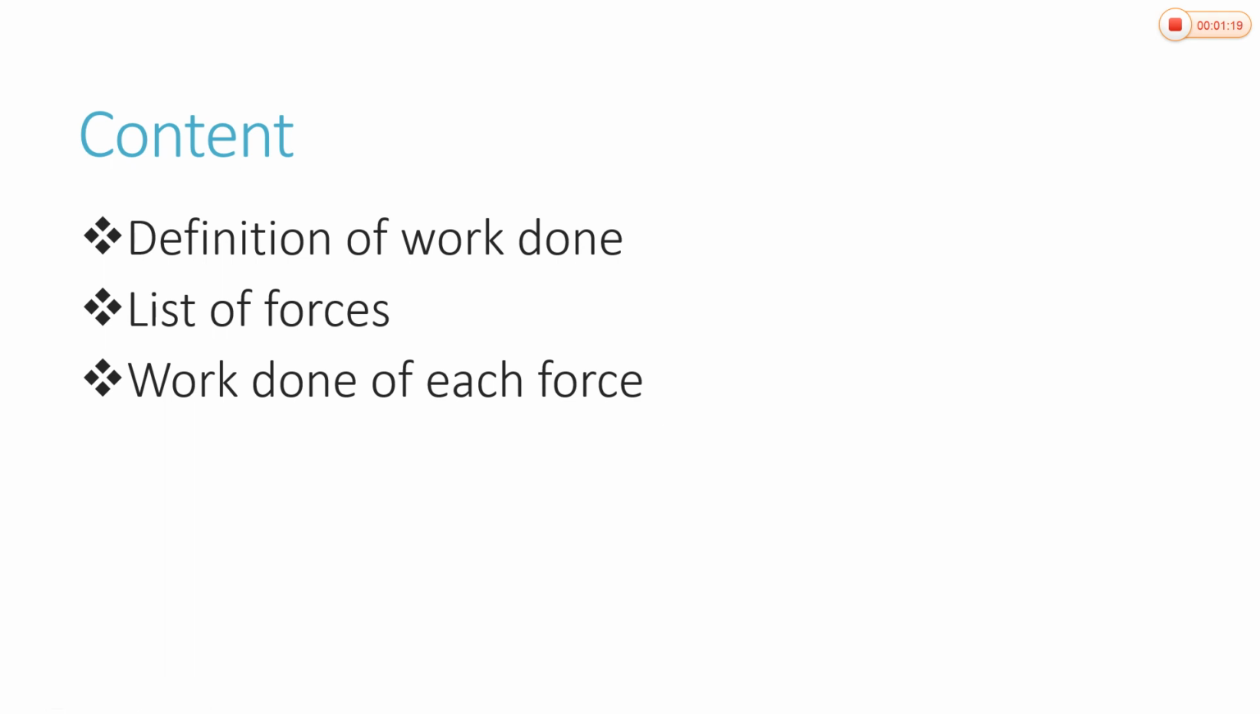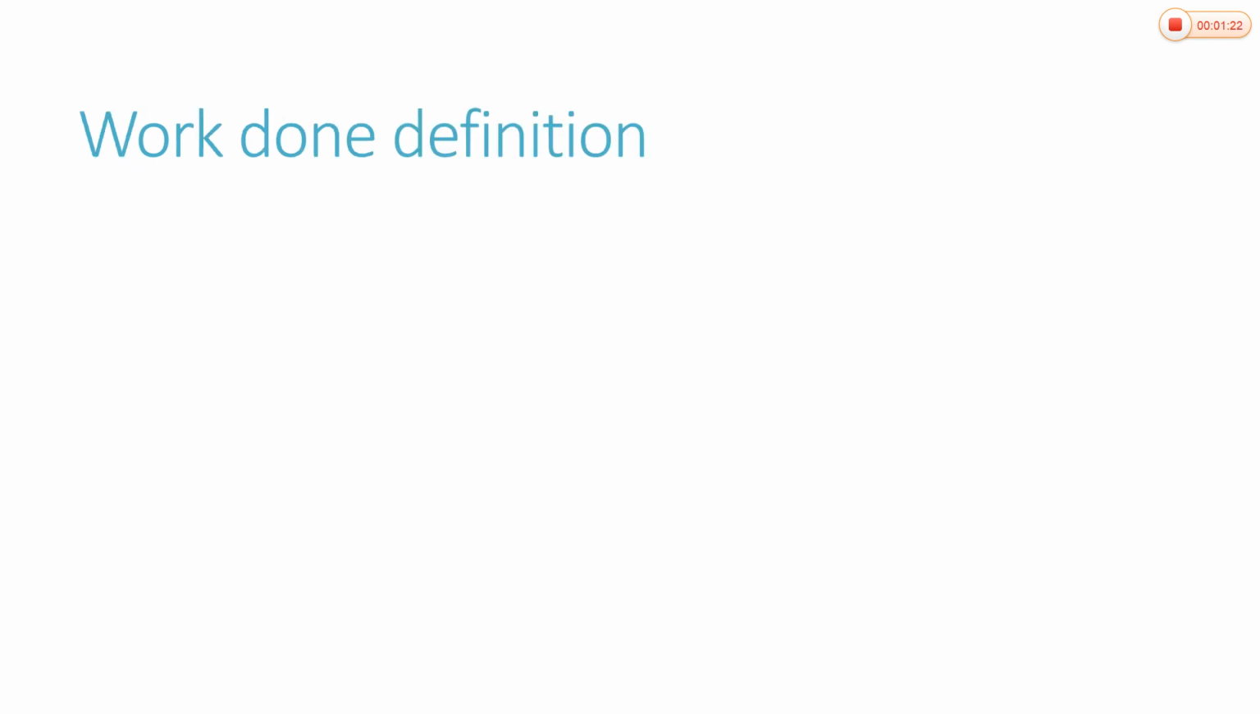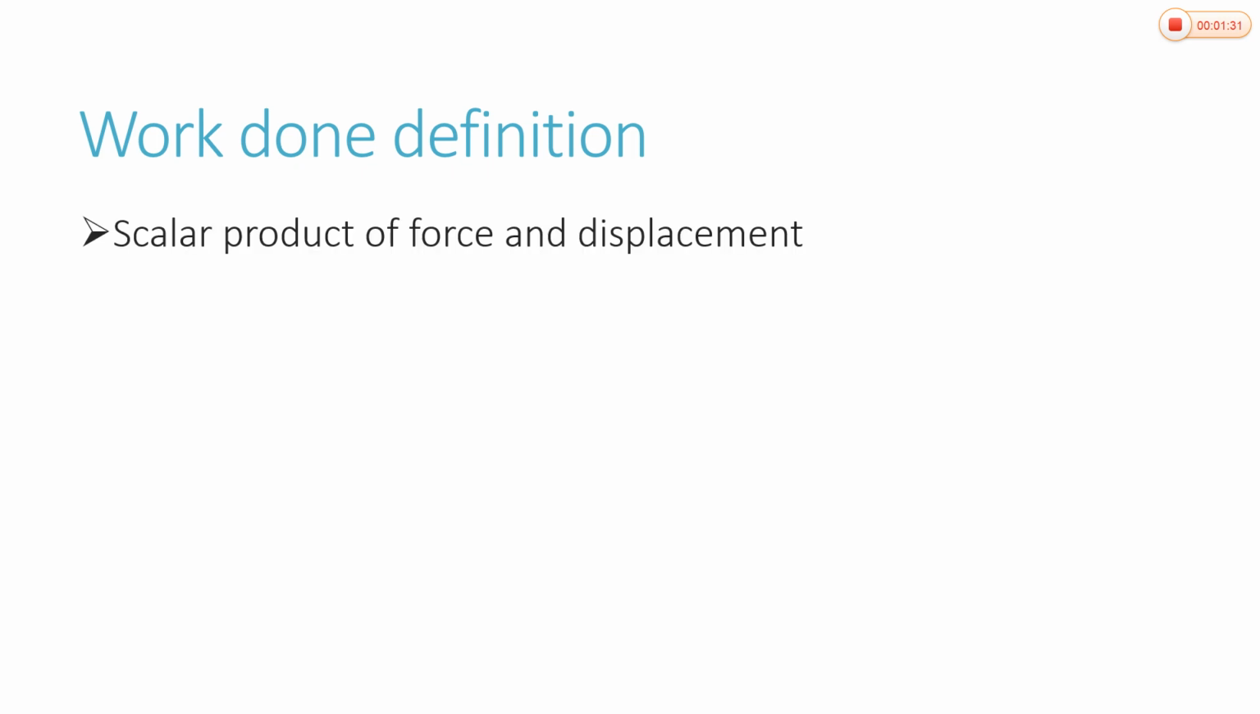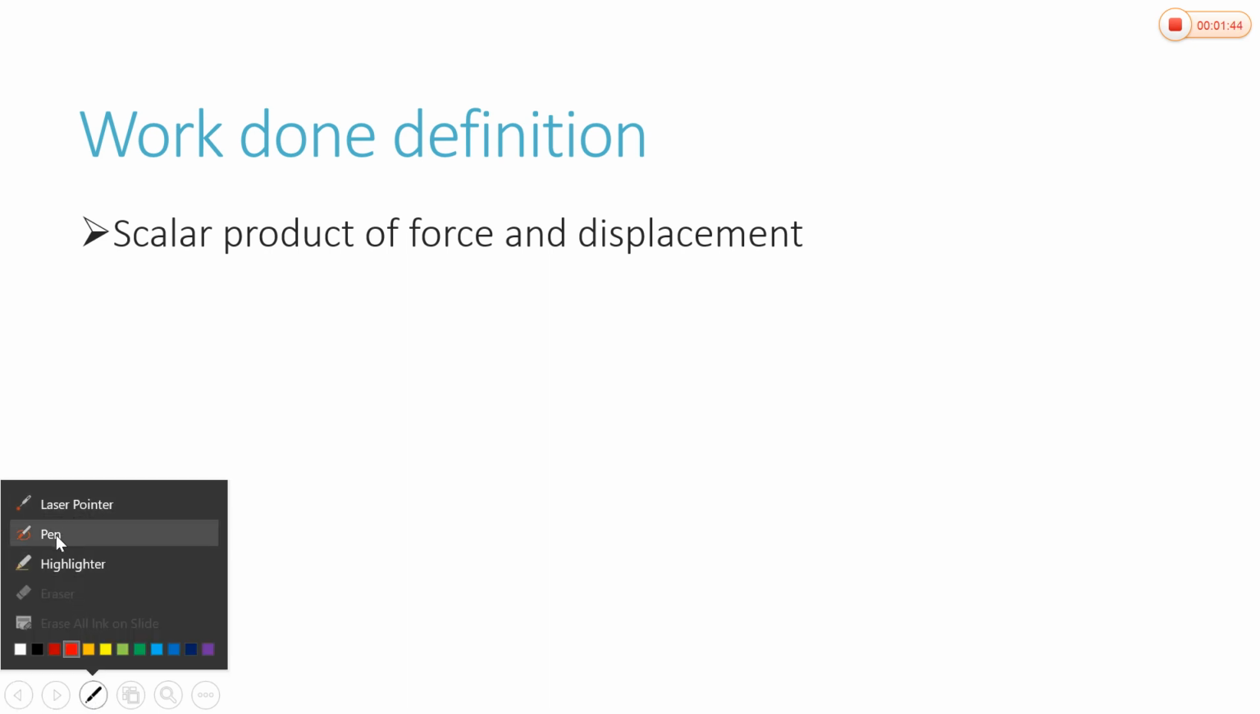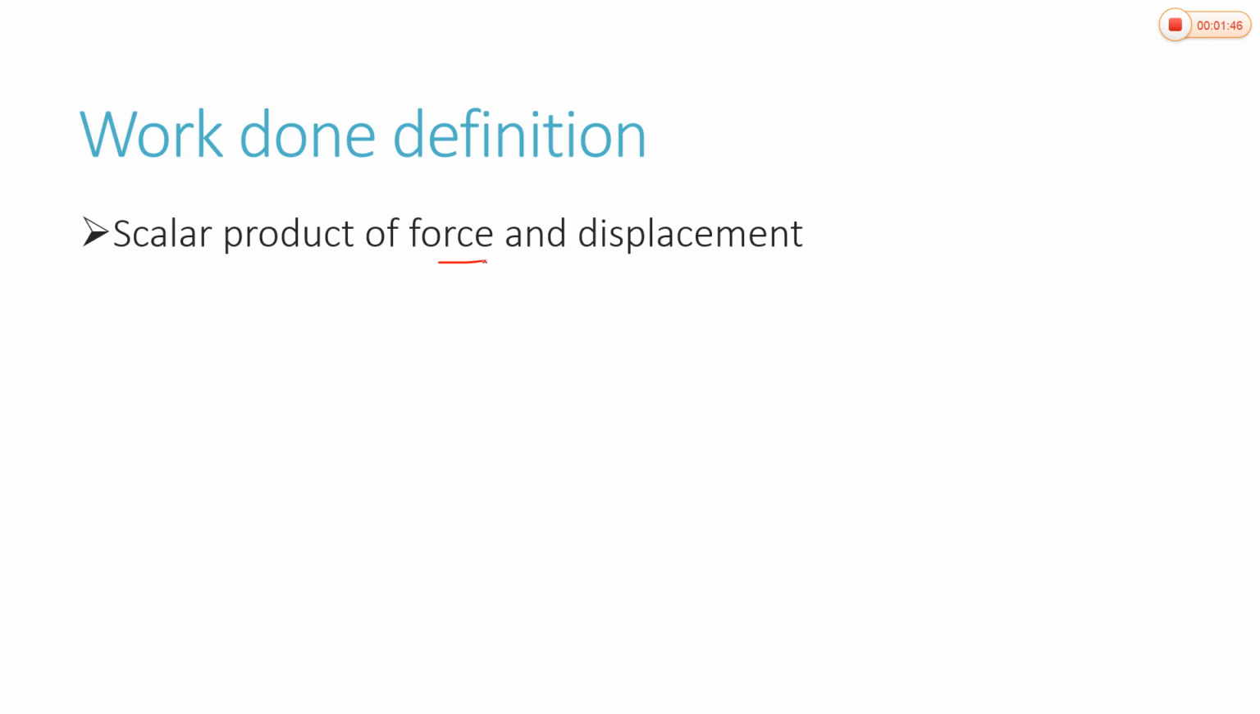So let's start with the definition of work done of a force. Work done of a force is a very simple concept which we studied in our school days. The definition of work done is, it's a scalar product of force and displacement. Means for the calculation of work done, two things are important. One is the force and second is the displacement. Work done depends on these two parameters only, and it's a scalar